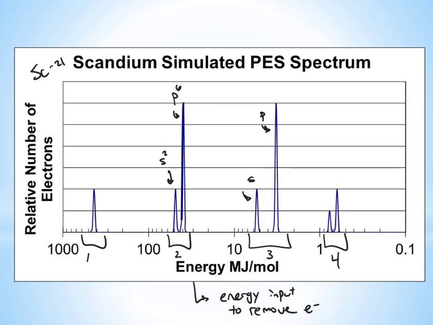What I find interesting about PES is that it confirms the existence of the quantum mechanical model. We developed the quantum mechanical model, or I guess Schrödinger and Heisenberg developed it back in the 1900s and the 1910s, but the PES spectrum helps illustrate how these electrons group together first and foremost by energy levels in different regions around the nucleus, and as they get further away, they get easier and easier to dislodge. And the second thing is that they split those electrons into 2 different regions, which we call orbitals, within an